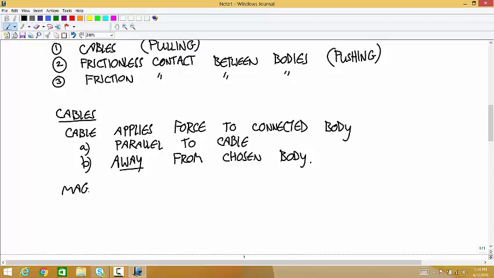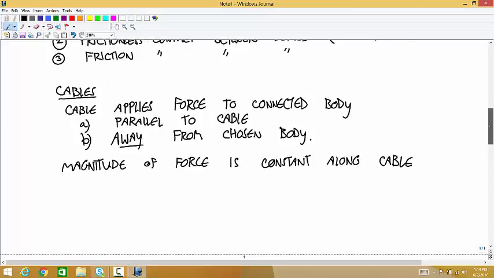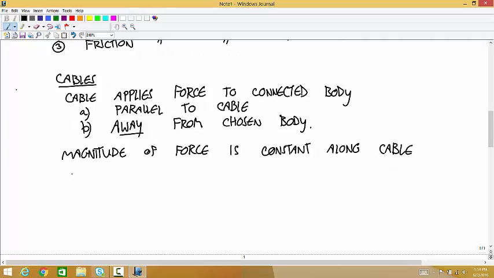The magnitude of the force is constant along the cable. There's some caveats to that. For weightless cables,